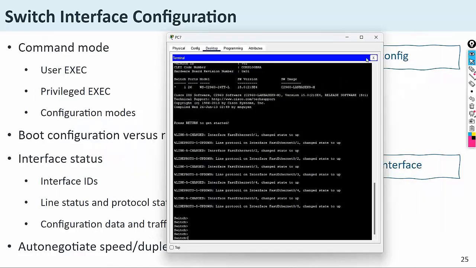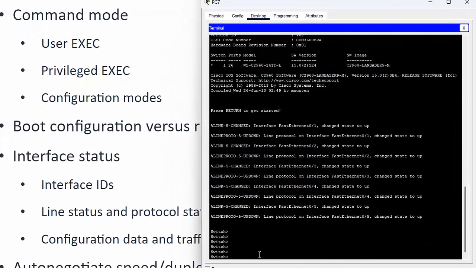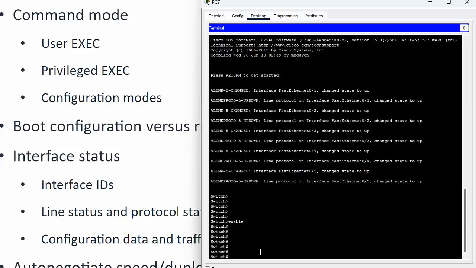Here you can see this is the user execution mode. If you want to go to privileged mode, you need to run the enable command. Now you can see the hash sign, which denotes privileged execution.